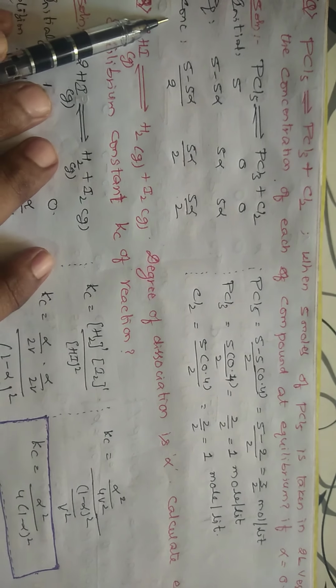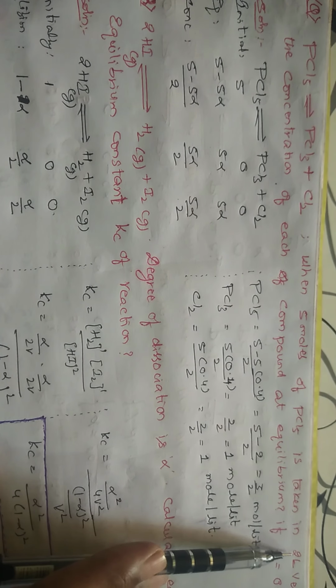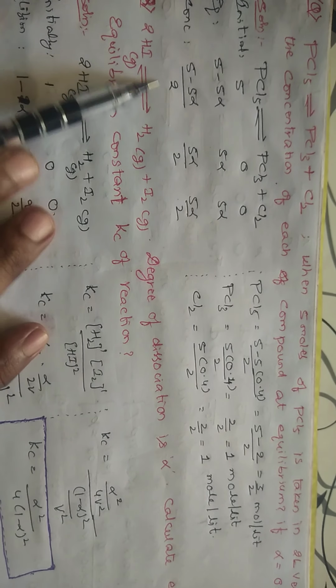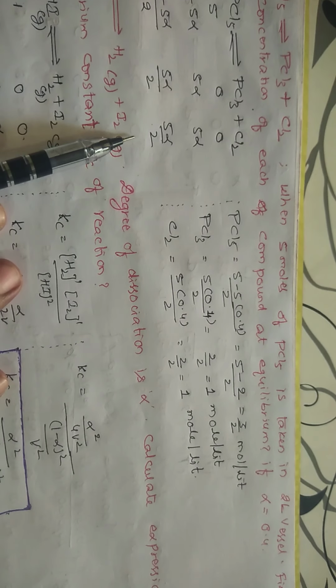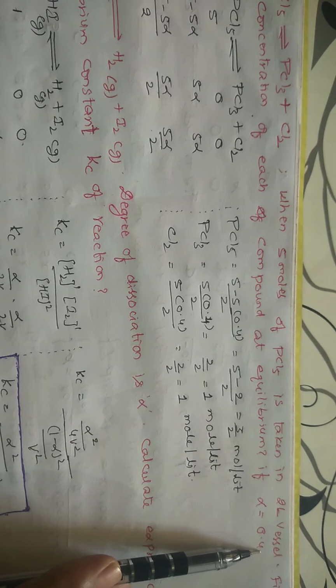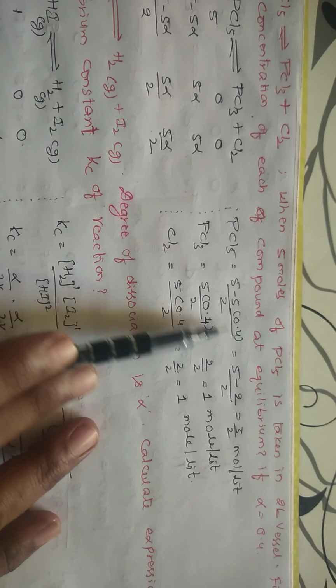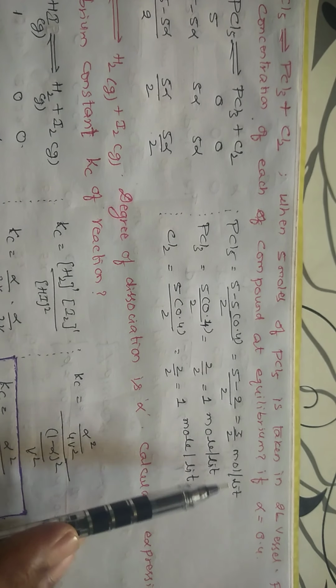And if you go for the concentration, it is 5 minus 5 alpha by volume. What is the volume you are taking? You are taking it as 2 liters. So it is by 2. PCl3 it is by 2 and Cl2 also it is 2 liters volume. And going for the concentration, as you know very well that alpha value is 0.4, 5 minus 5 into 0.4 by 2. Automatically you will be getting 5 minus 2 by 2, it is 3 by 2, it is 1.5 moles per